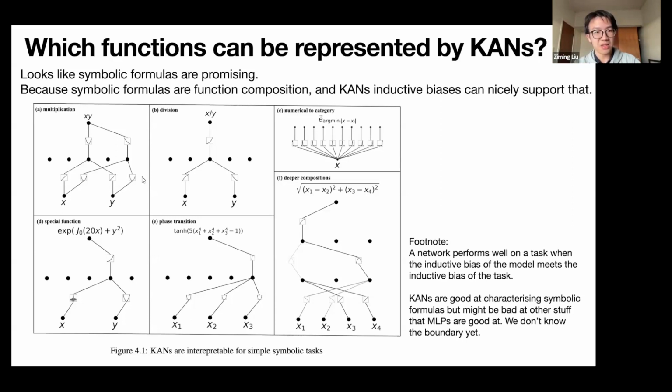So the first example is multiplication, like when you want to multiply x and y. We train a KAN to do the task, and you realize by reading the graph, well, I should include the formula here, but if you read it for a minute, you'll realize that it's actually doing (x plus y) squared, and then minus, in the parenthesis, x squared plus y squared. So it's finding this interesting way to compute multiplying two numbers.